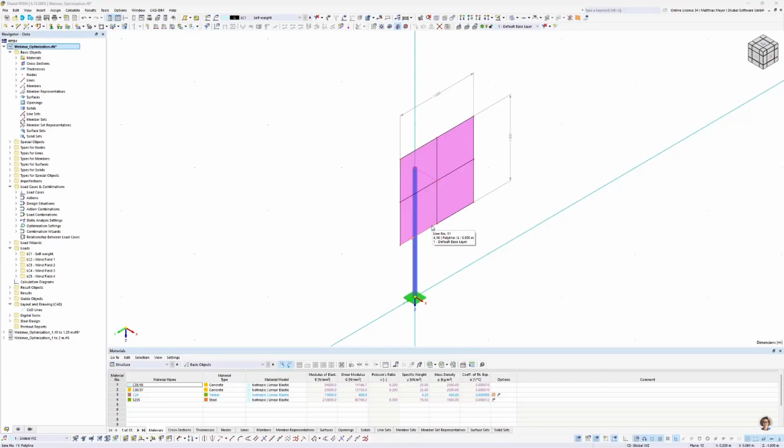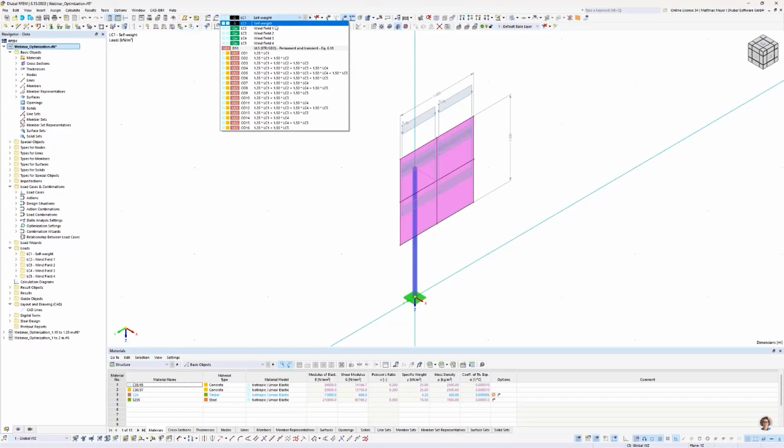Thank you, Andreas, and welcome to today's webinar. Today I want to show how to optimize a pole-mounted solar panel structure. So here you can see the pole. This is a beam with a steel cross-section, circle-shaped steel cross-section, and there is a rigid surface fixed to this pole, which represents the solar panel. This is loaded by the self-weight of the panels, which is 0.2 kilonewton per square meter, and we also have